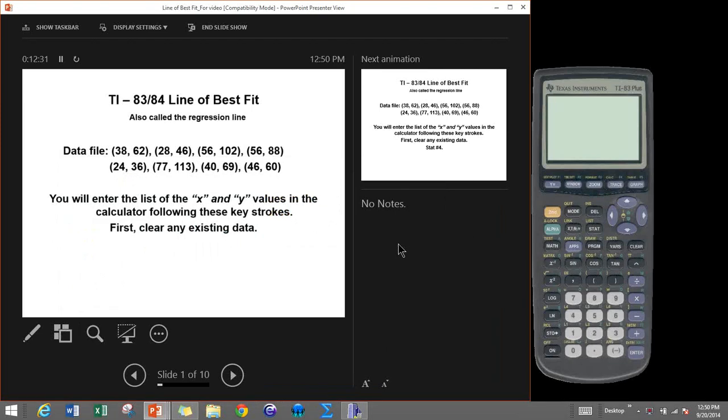In this video, we'll review how to find the line of best fit using the TI-83 or 84 series calculator. The line of best fit in statistics is referred to as the regression line. We have a data file of 8 points. These are ordered pairs, so the first location is the X, the second is the Y's. We will enter those into two lists in the calculator, and we will have the calculator perform the regression line